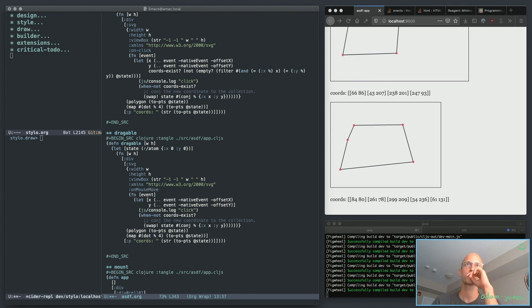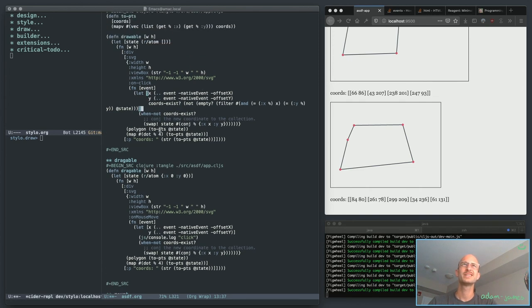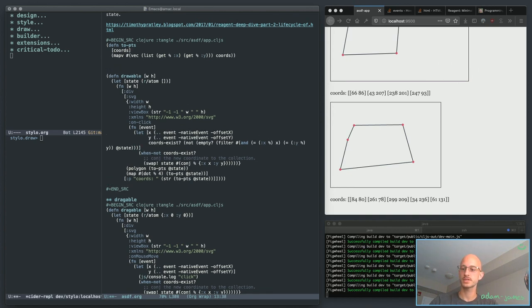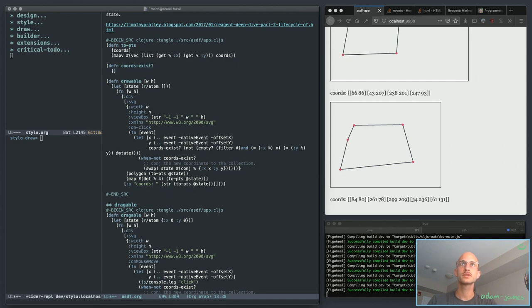Let's see. Let's get rid of the log message there. Let's also define coords exist outside here. Coordinates exist. Wait, we can't. We have to do it with, yeah, coords and,